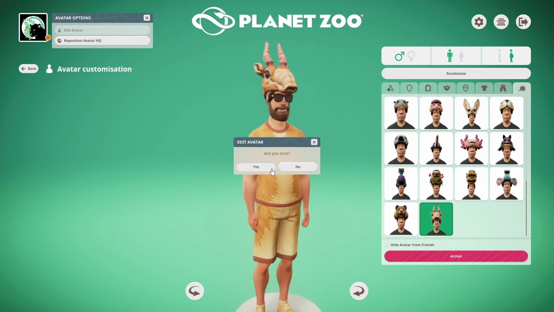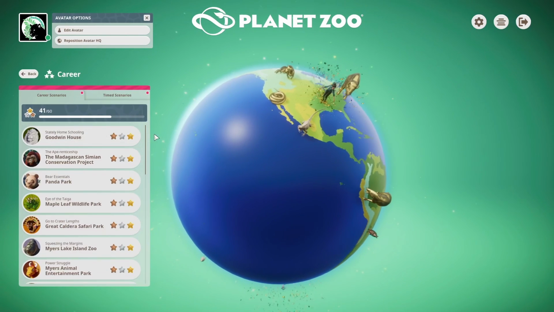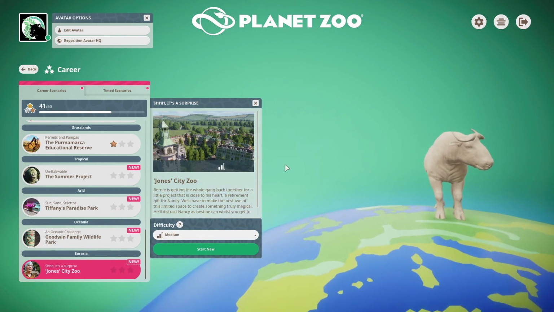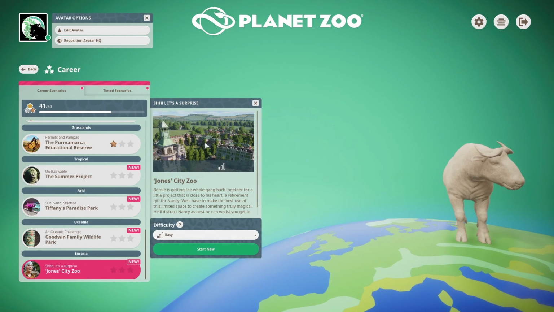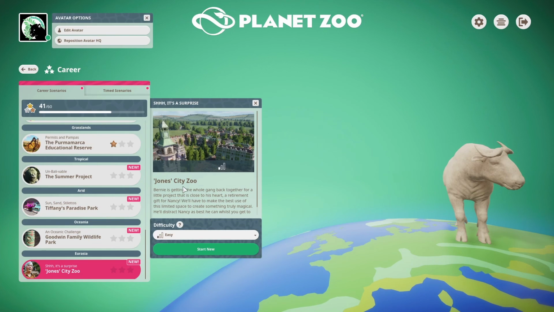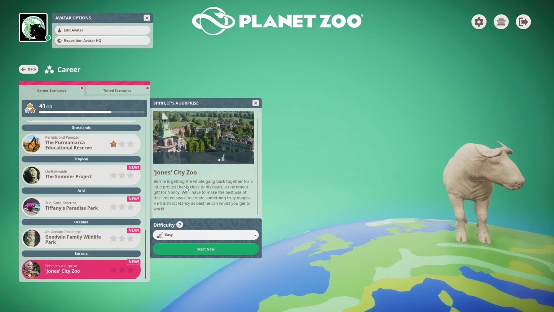And the last thing, yes, I'm sure we can talk about is the new career level. This being the Jones City Zoo. I'm not going in now, but yeah, as always, you have a new career level. This time set in more of a British, European town where you have to build a zoo for Nancy, who is going into retirement, and Bernie wants to build a zoo for them. And I think there will be a nice little story again, how everything has to go, and some nice challenges for you to tackle. As I said, if you finish this campaign, you get the Takin statue in gold, silver,